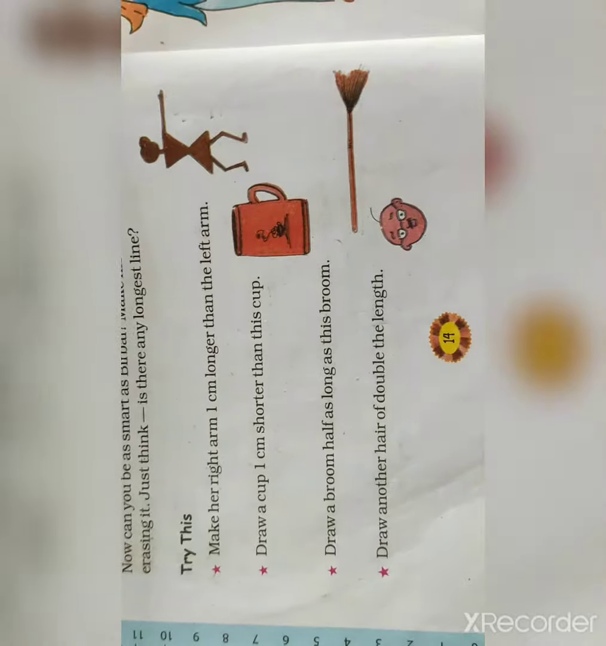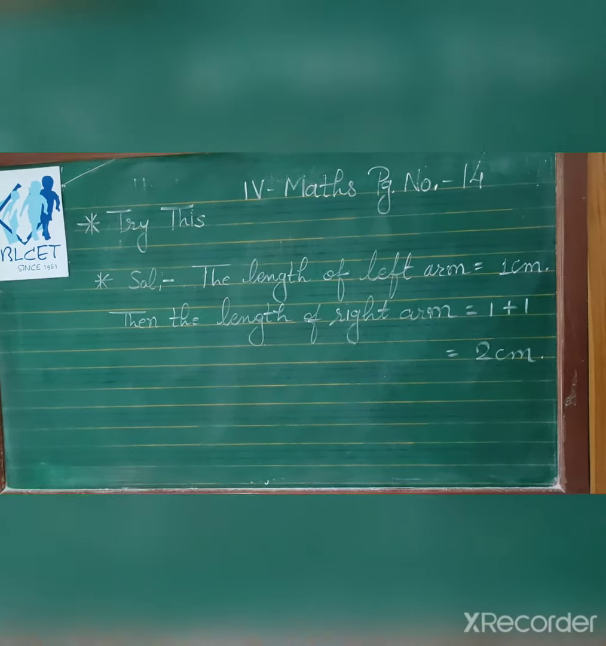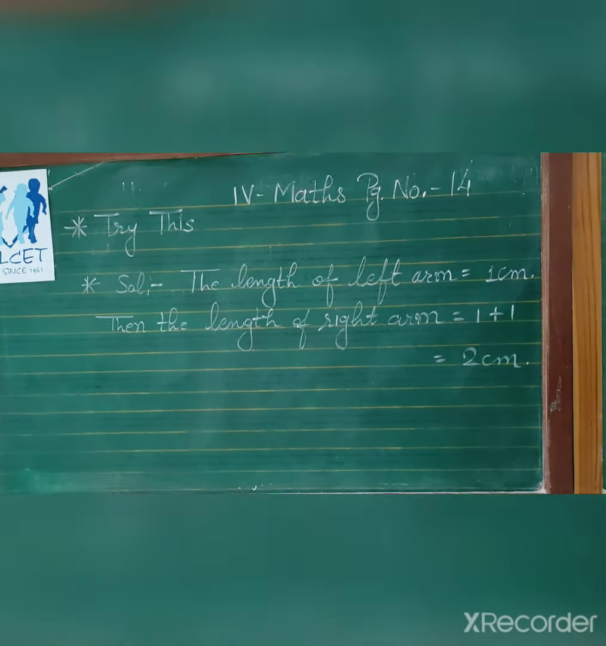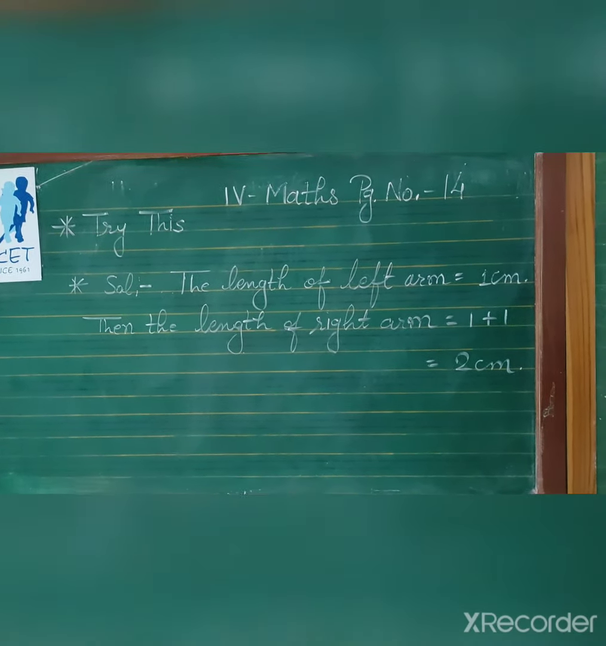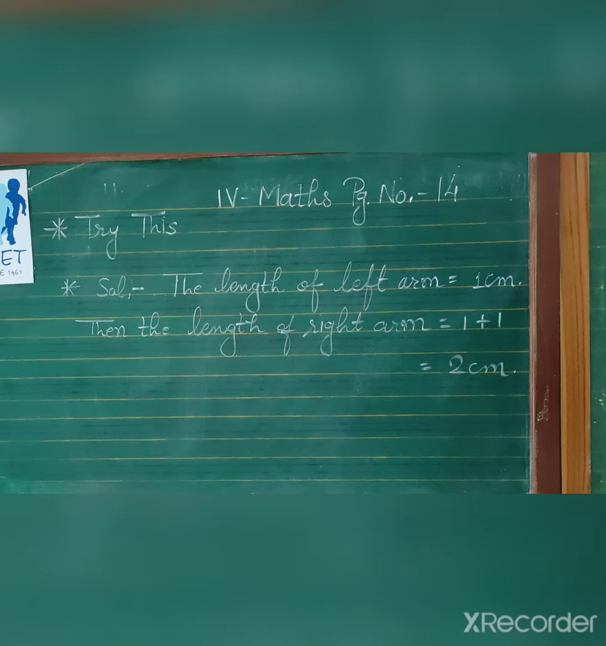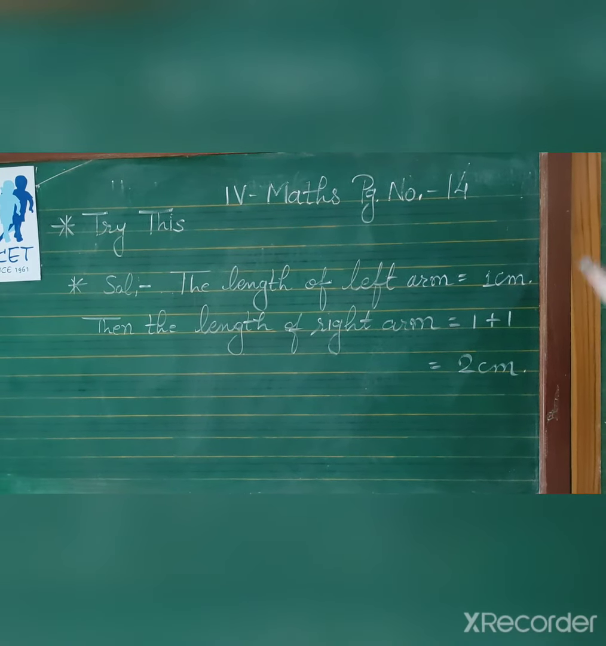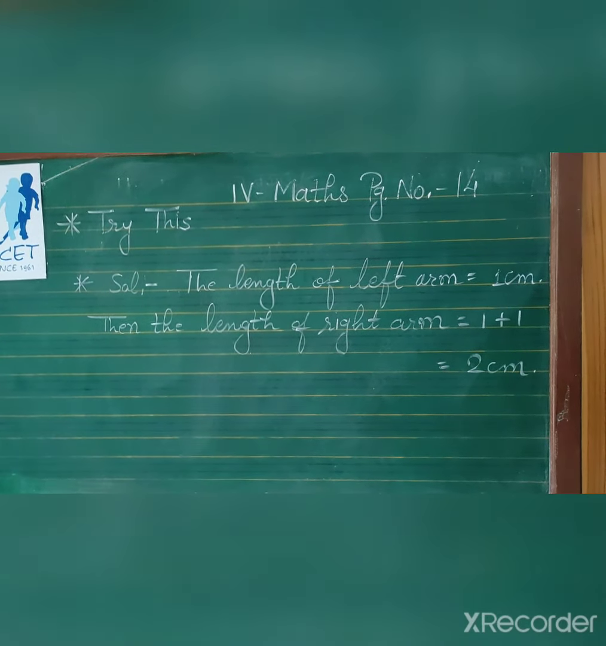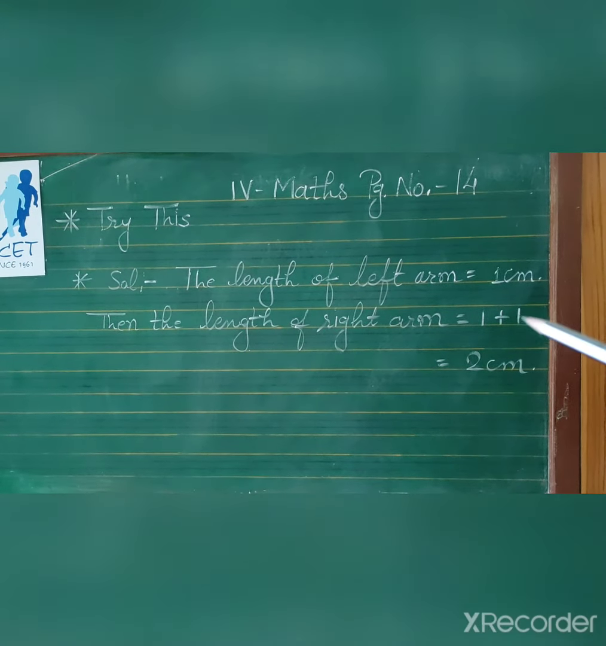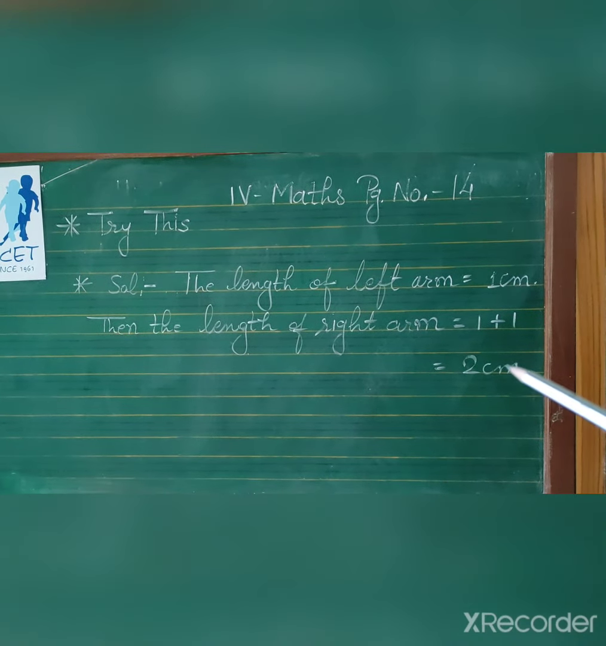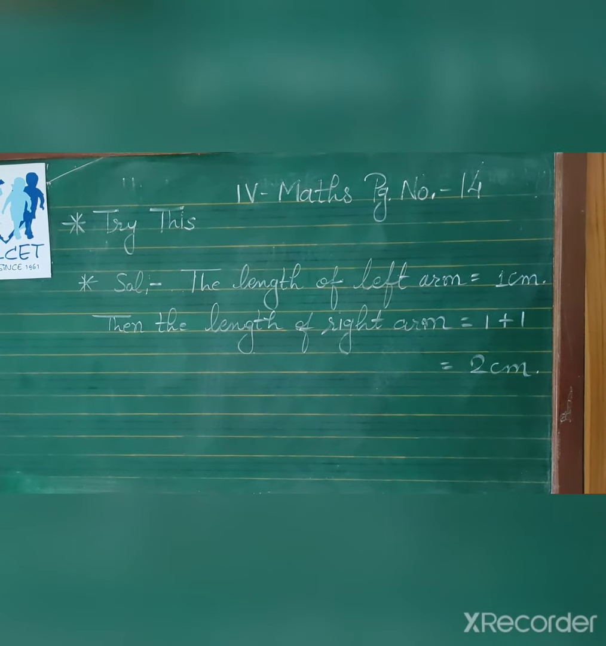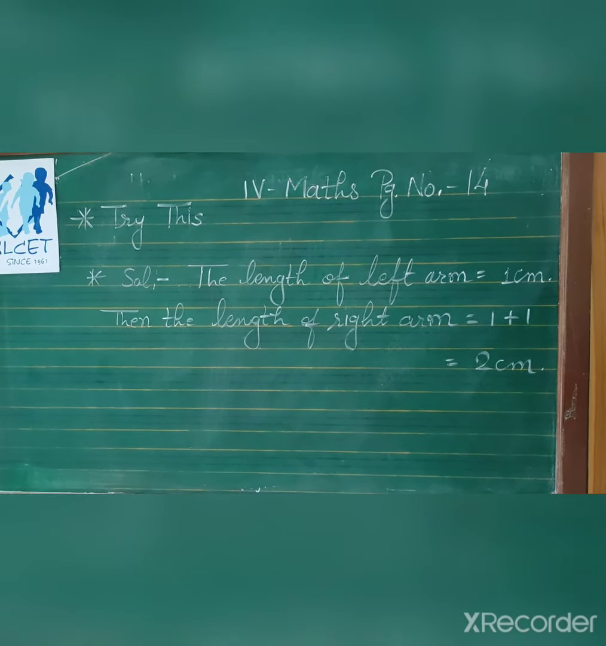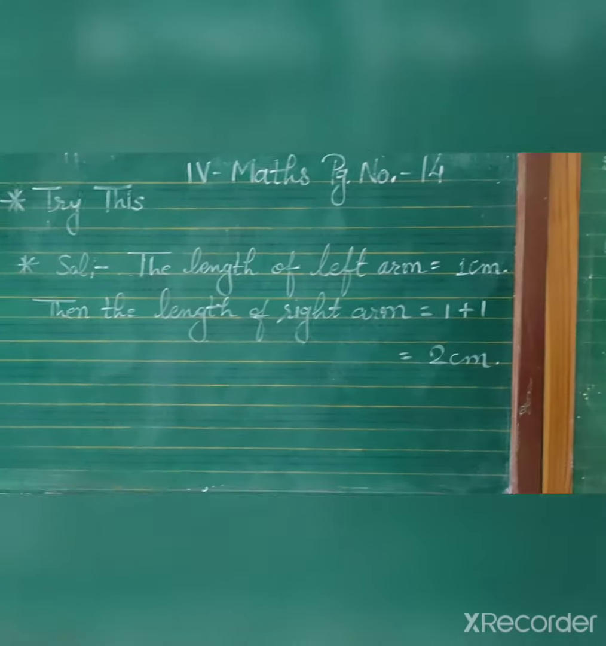So let us start. Now see here, the length of the left arm is equal to 1 centimeter. I have measured it, and we already measured it in the online class. Then the length of the right arm is 1 centimeter longer. That means we will add 1 to this length. So 2 centimeters. So you will draw a 2 centimeter long right arm. Okay. Now next is